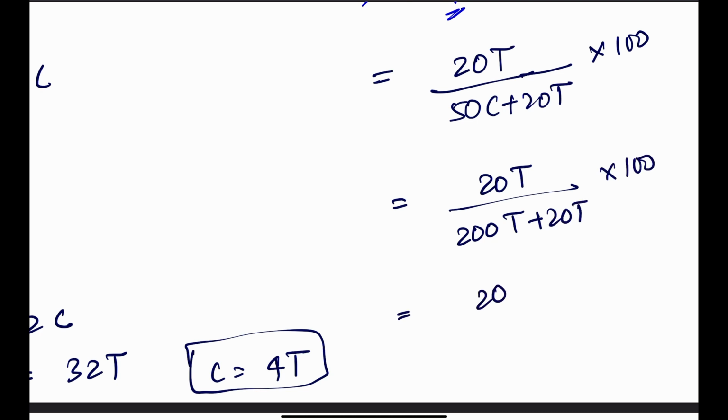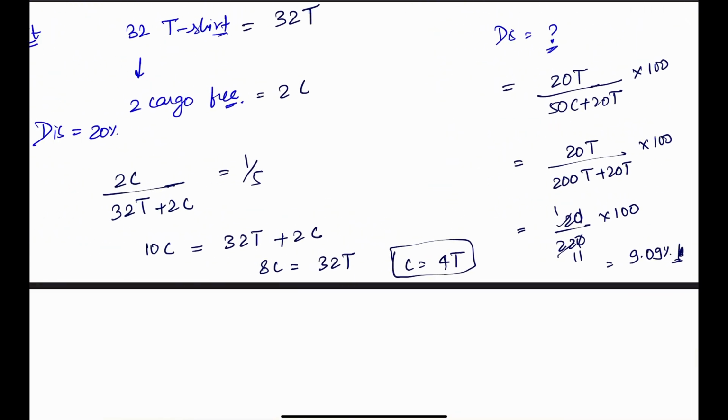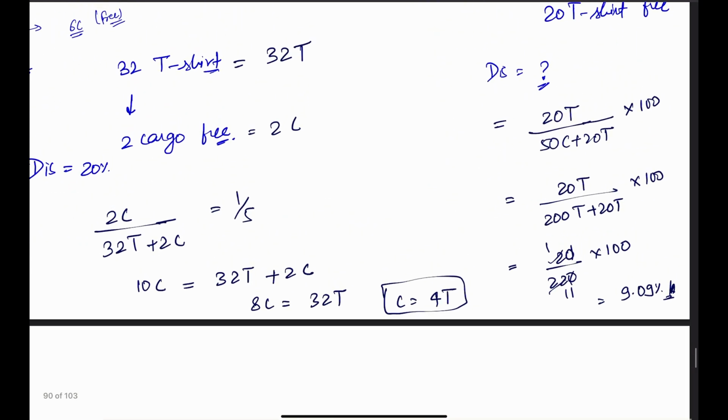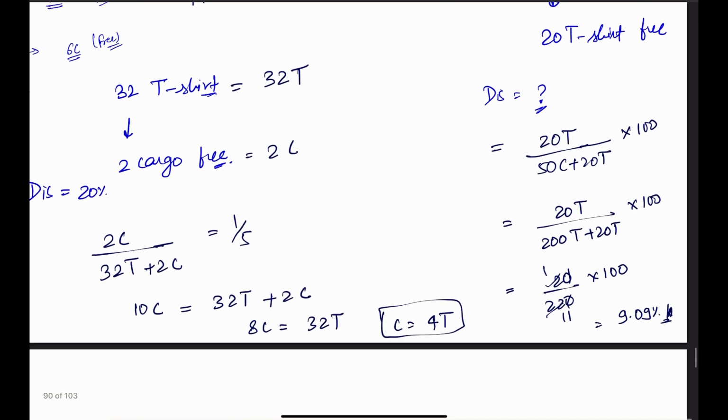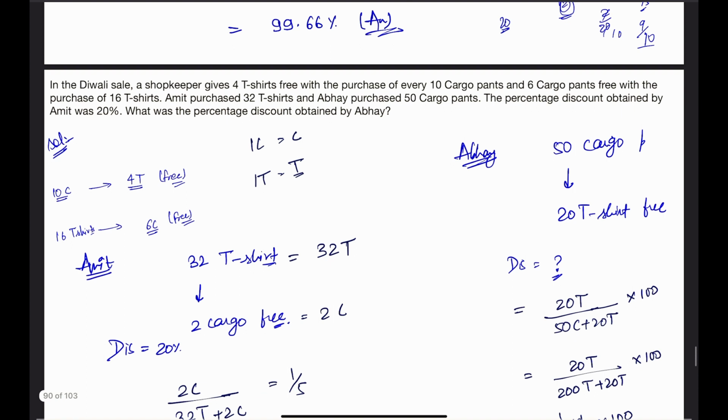So it will be 20 upon 220 into 100. 1/11 is 9.09%, the answer for this question, which I believe should be the answer, but it might be